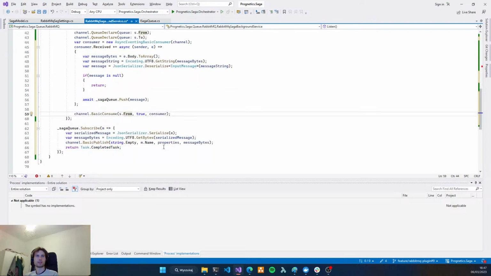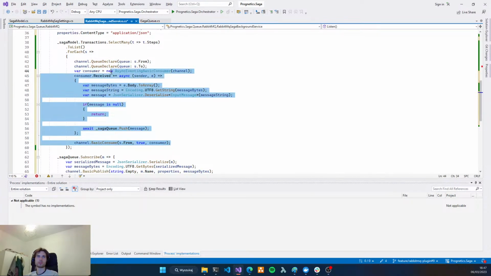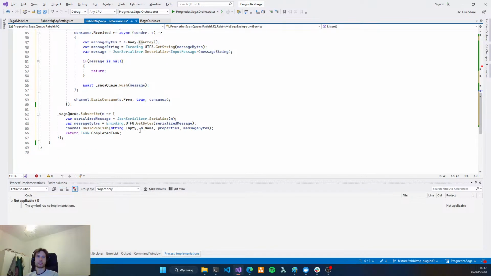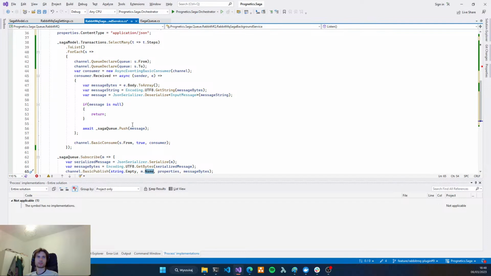So it's what we want to consume from. Yes. And we just want to declare the queue. We don't need to do anything more, because I think this name of queue will be here. So in the publish, we just want to use the name of message, and yeah, that's it.